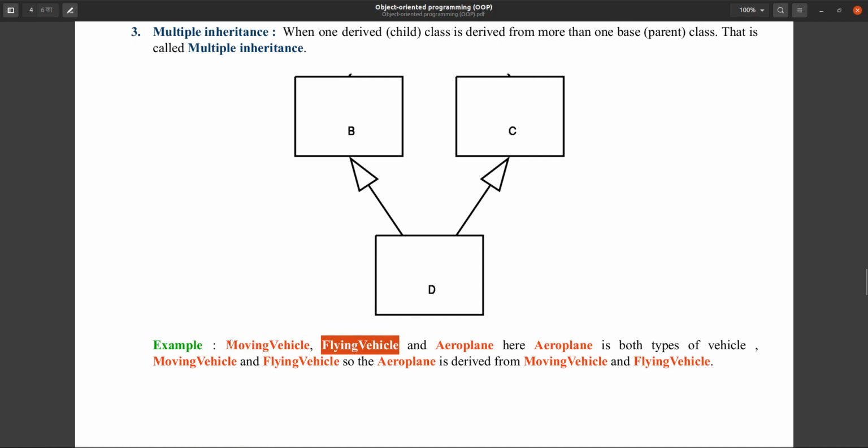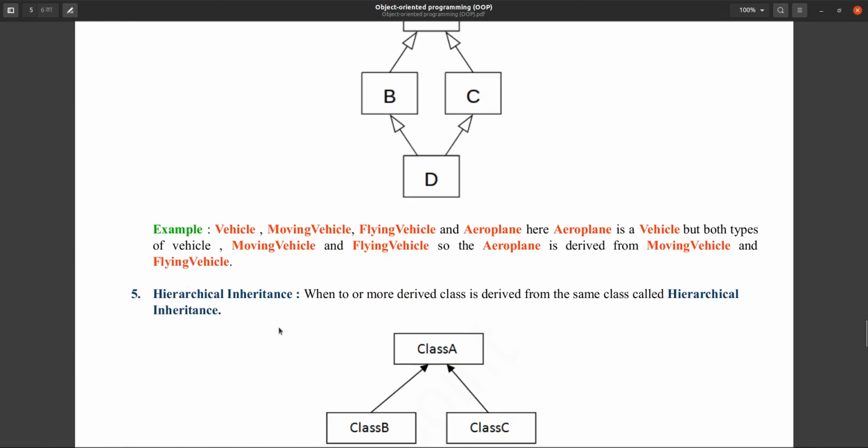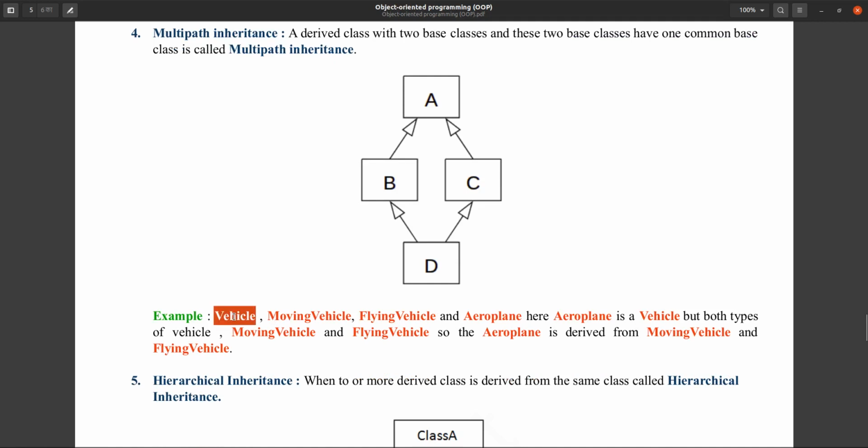And if I see from the perspective of moving vehicle and flying vehicle, moving vehicle is a vehicle. Vehicle can be any type, either moving or flying. And flying vehicle is also a vehicle. So we have added one more class in this example, vehicle.